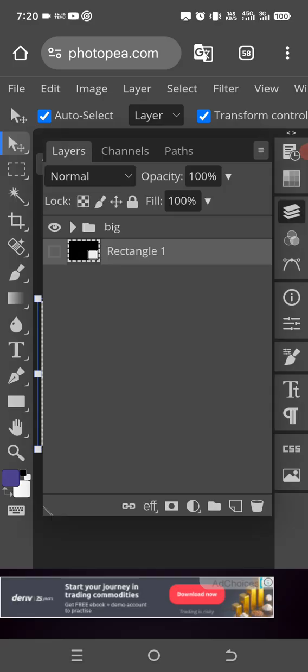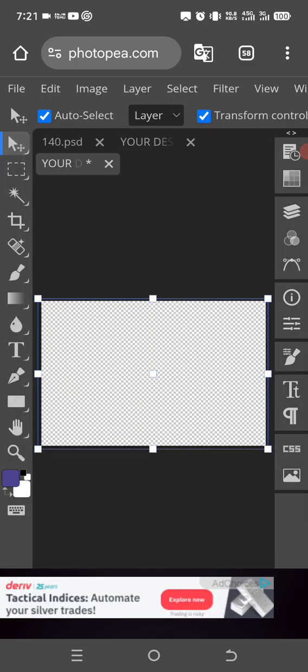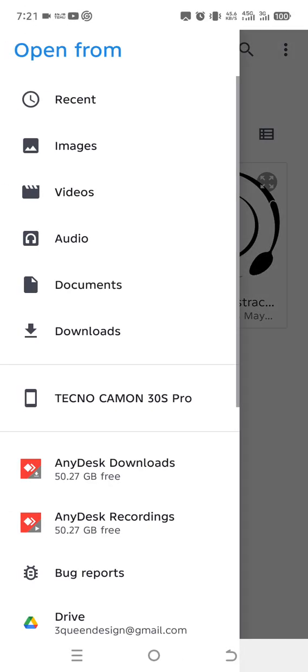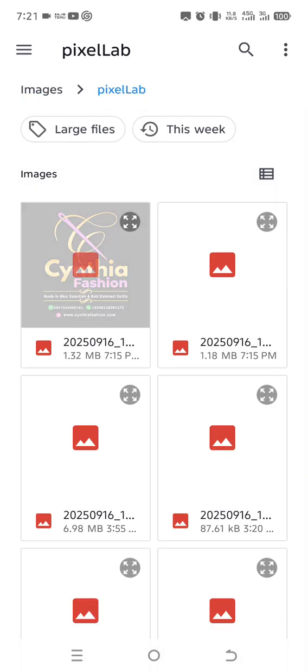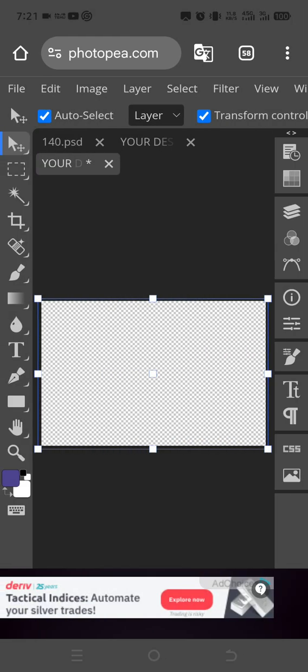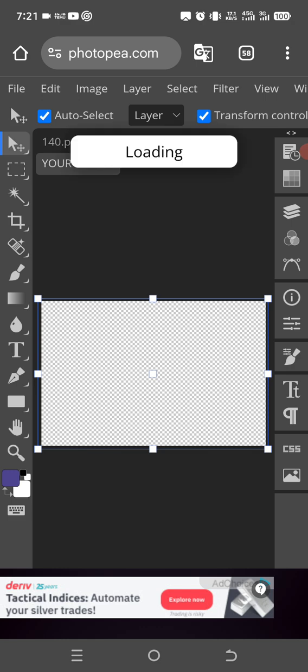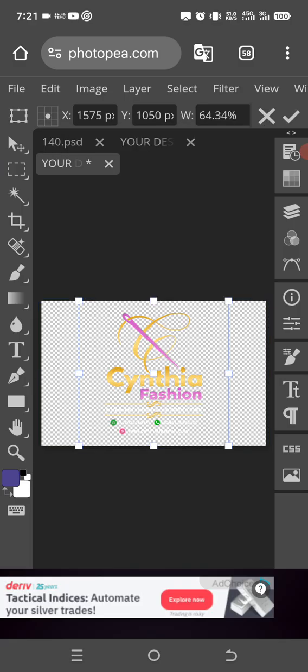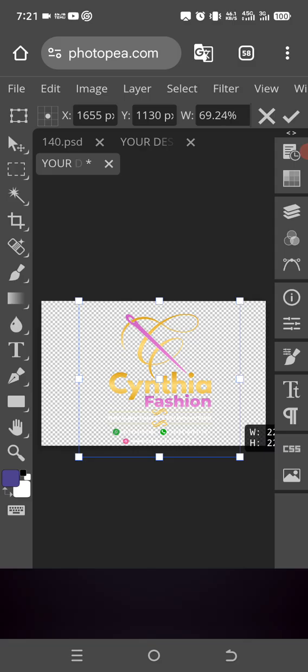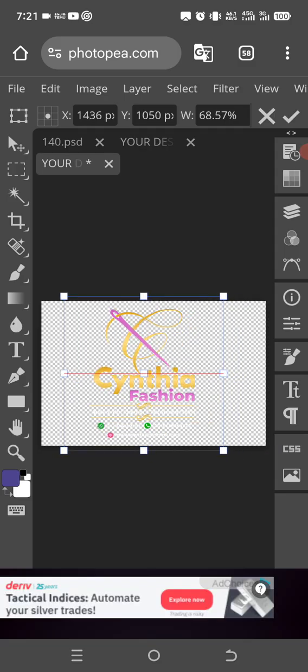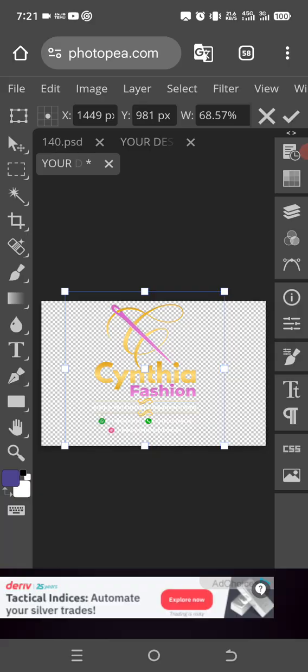Okay. So when you see this now, we are going to just hide this. You will get this. So I'm going to copy, open and replace. So I will look for the design we made just now. Okay. Go to our PixelLab and we bring this one here. Boom. You see, you can increase the size to fit in properly